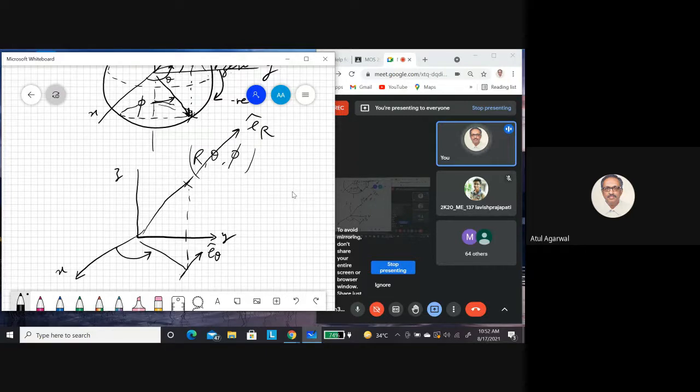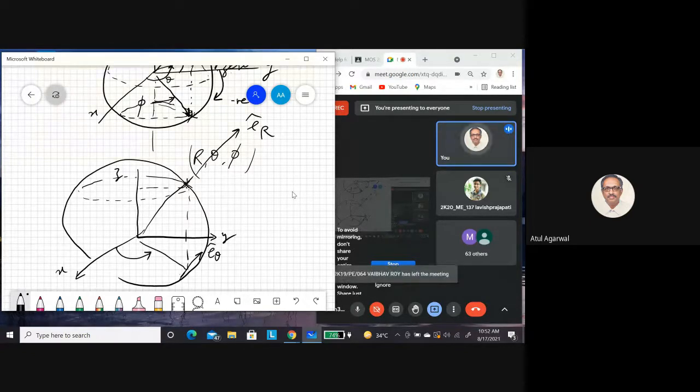So what is my phi direction? This is a sphere. This is a circle. So I have to change only this angle. I am changing my E theta. Here I am just changing my theta. I am changing my E theta. So E theta will be